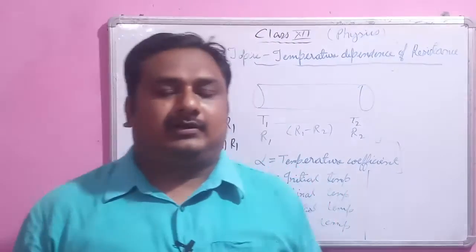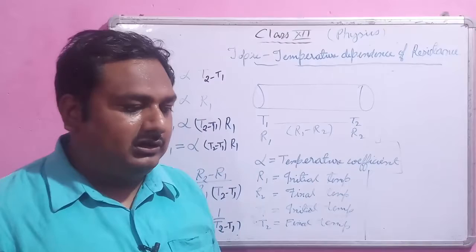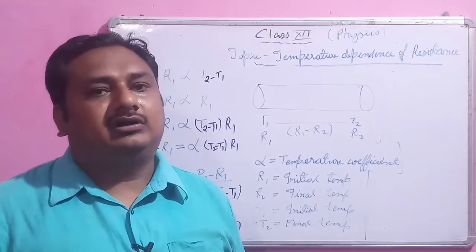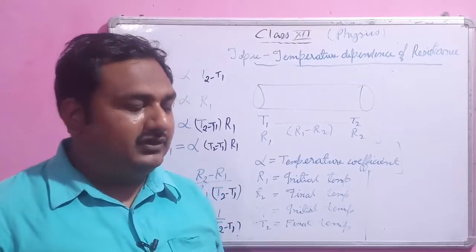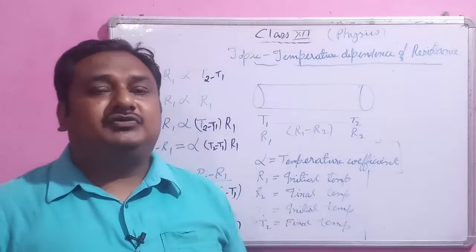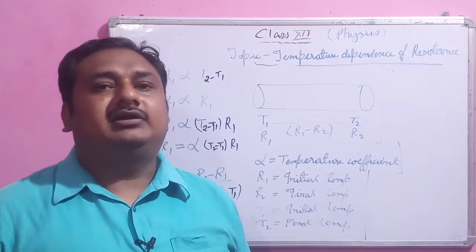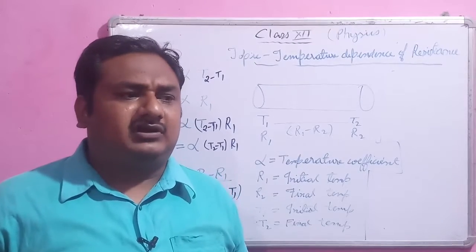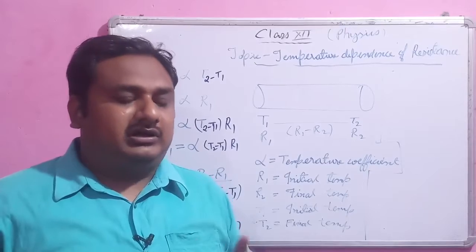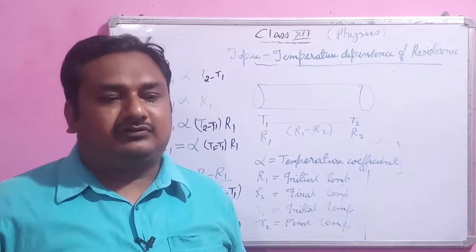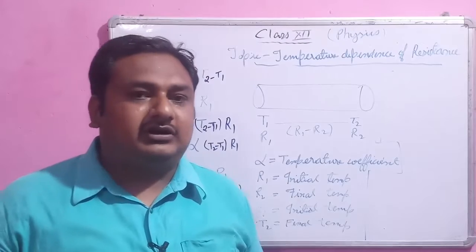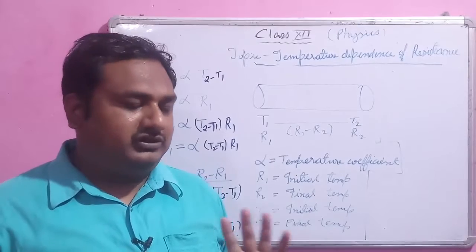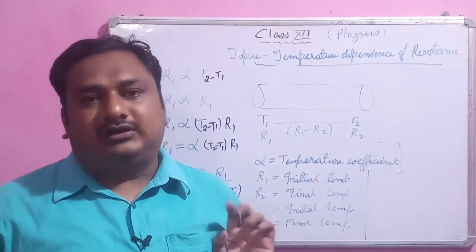So dear student, today we are going to see how the temperature of a conductor is related to the resistance of a conductor. Means we are going to discuss the temperature coefficient of resistance and resistivity. You know that whenever we increase the temperature for a metal, the resistance will increase and resistivity will increase, and for a semiconductor, if we increase the temperature then resistivity decreases and resistance decreases. They are the two terms which we have discussed earlier in the previous video.